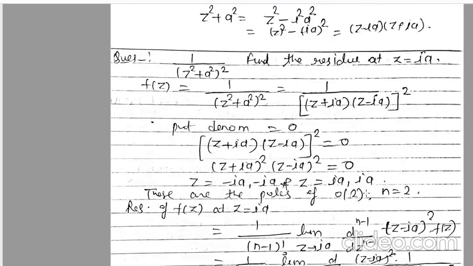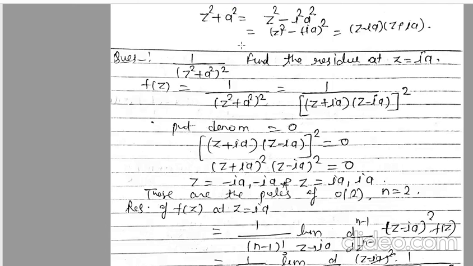Now there is another question, and the question is 1 upon (z square plus a square) whole square. Find the residue at z is equal to Ia. So f(z) is given as 1 upon (z square plus a square) whole square. This question and our earlier question are similar, because here z square plus a square is given. So you can also write z square plus a square in factor form, (z plus iota a)(z minus iota a), and where it is coming from, look here, you can write z square minus iota square a square. Iota square value is minus 1, so minus minus plus, so you will get this step.